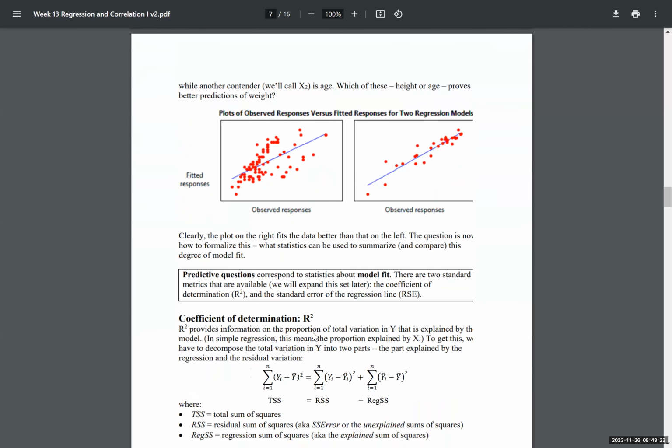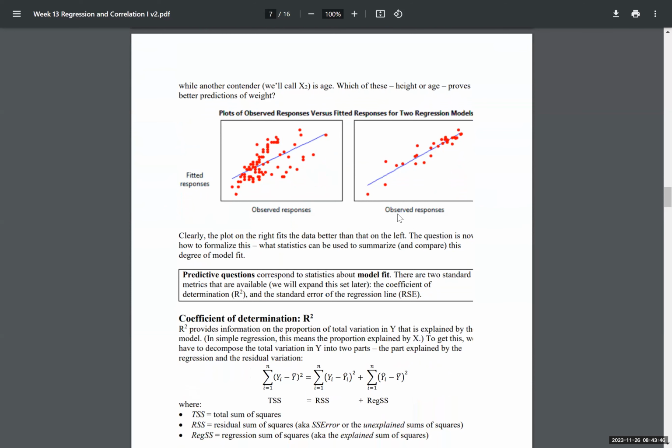And so again, we're going to continue with our weight example. So we're going to put weight on the y-axis. And you can imagine I can make a simple linear regression model using height or age. And so there's two little fictional pictures here. And the question is, which is better